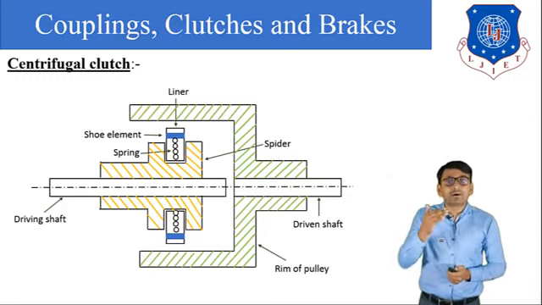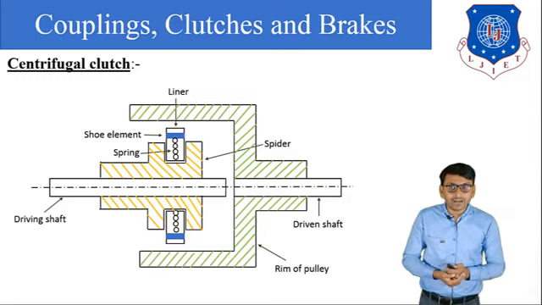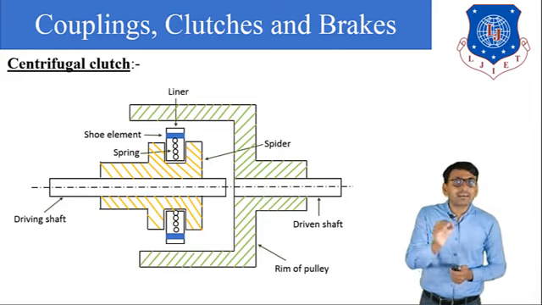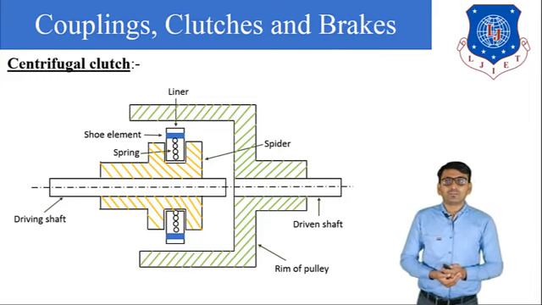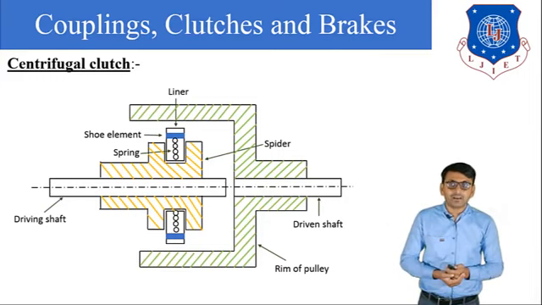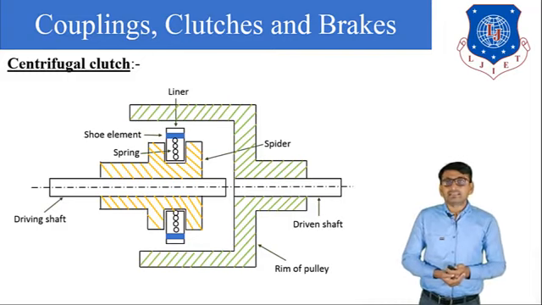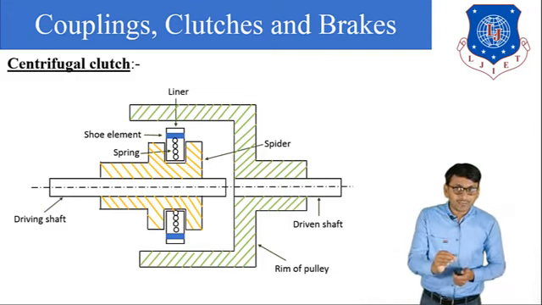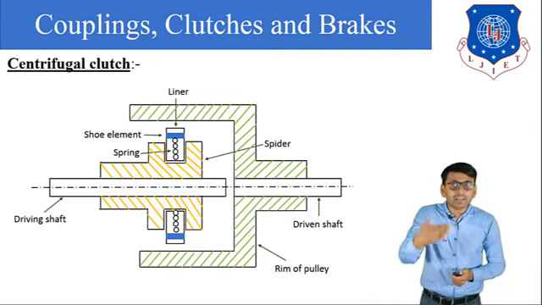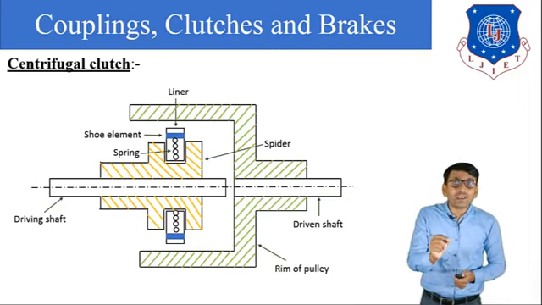So the main components of the centrifugal clutch are the driving shaft, driven shaft, spider, spring, shoe element, friction liner, and the rim of the pulley. Okay. Now in the centrifugal clutch, when the driving shaft rotates, the spider assembly also rotates, so the shoe element also rotates,